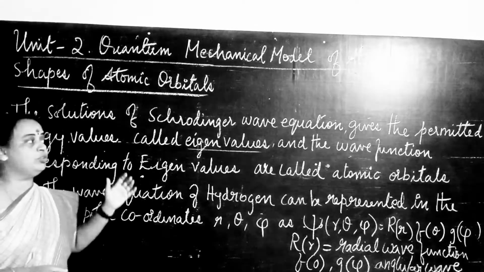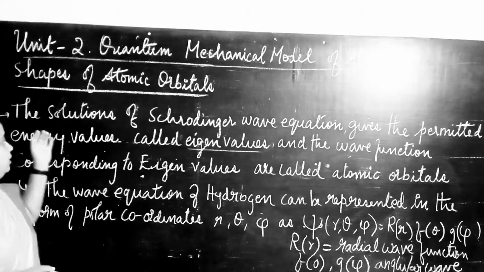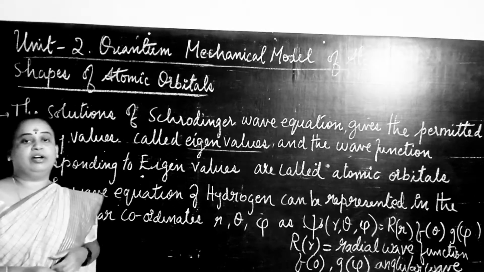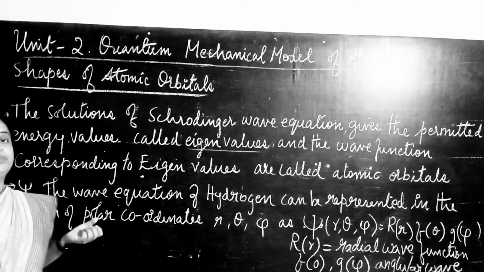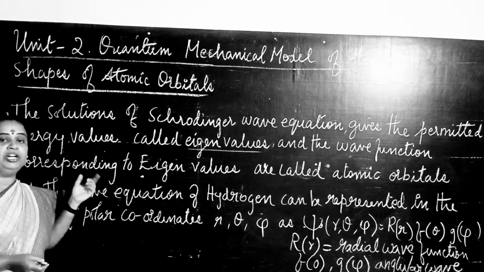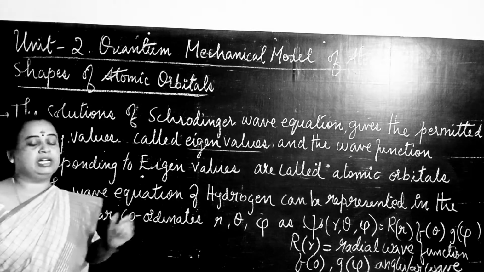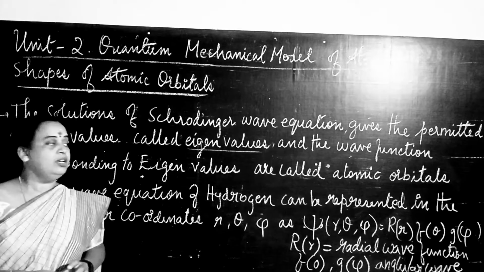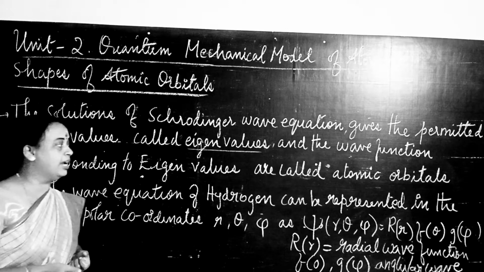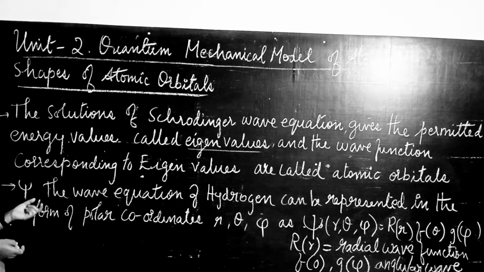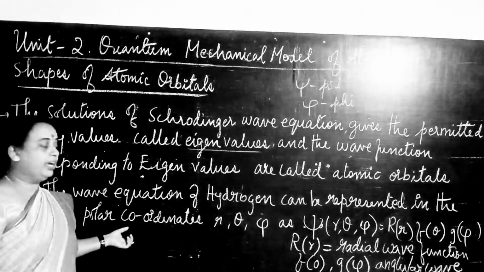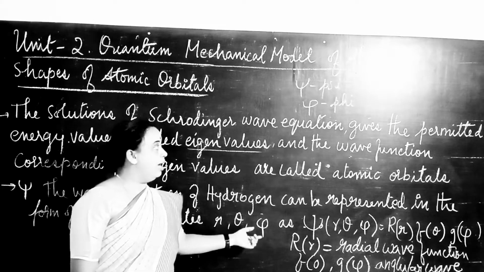So from the Schrödinger wave equation solution, we got the permitted values of energy. Those permitted values of energy are called eigenvalues, and the wave function corresponding to these eigenvalues is called the atomic orbital. And the wave equation of hydrogen can be represented in the polar coordinates r, theta, and